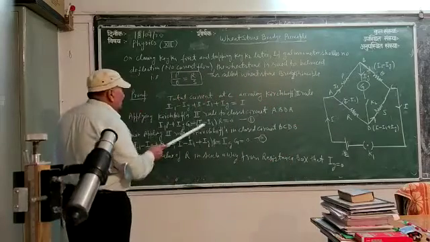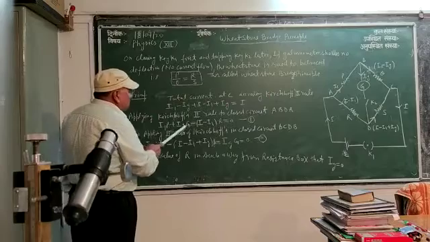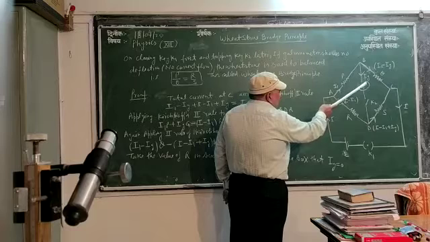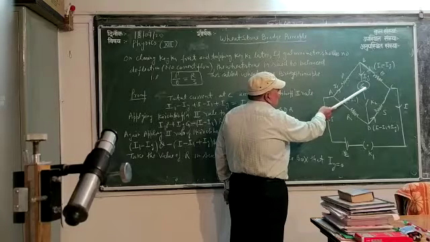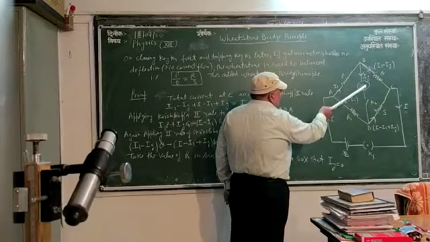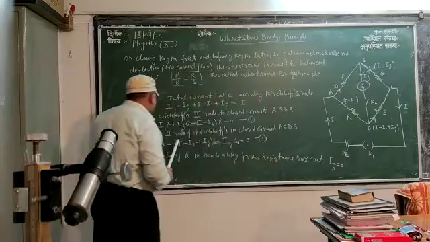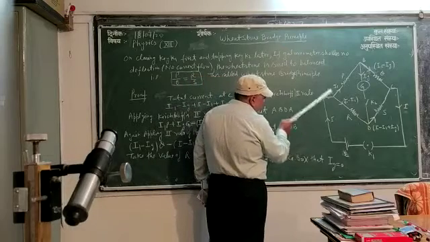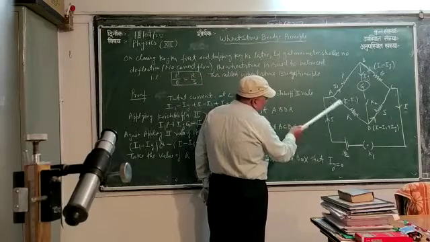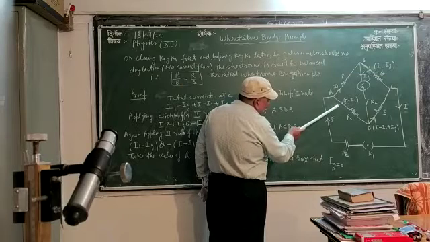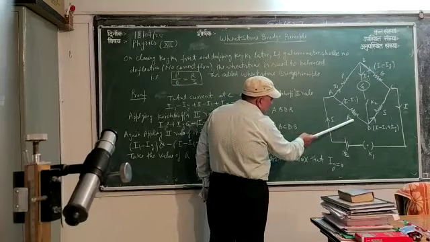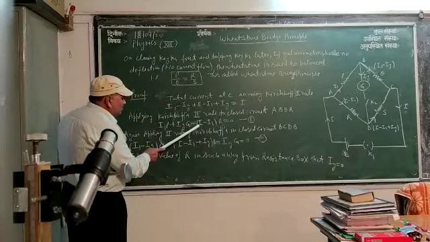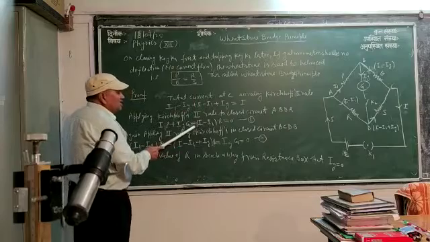That is I1 into P plus, again going in the direction of current, IG into G, where G is the resistance of the galvanometer. This is also taken as positive. Again when we reach D and go towards A, we are going in the opposite direction of the current, so the product of resistance and current is taken as negative. That is I minus I1 into R, taken as negative.